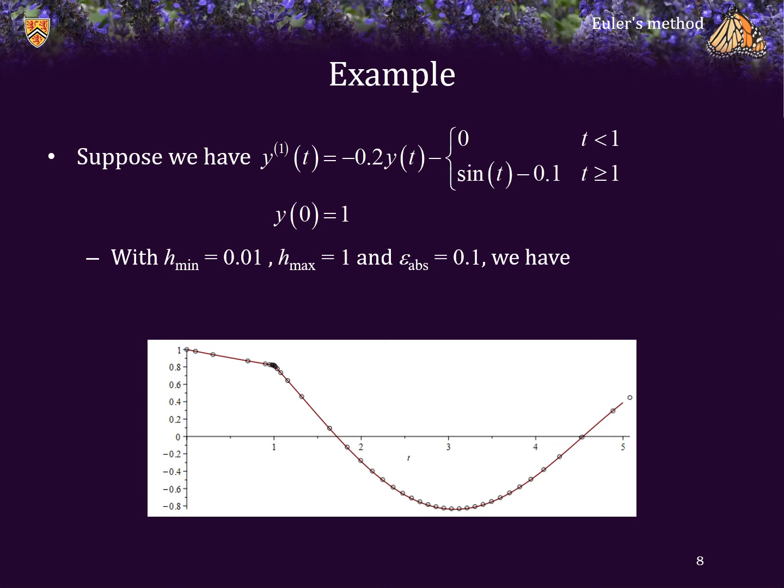So notice again, initially, the slope, the rate of change, is almost nothing. It's almost a flat line. So therefore, h is doubling in size. First it's 0.1, then it's 0.2, then it's 0.4. But then it starts shrinking again. And right at the point of discontinuity, h is actually reduced down to the minimum step size,